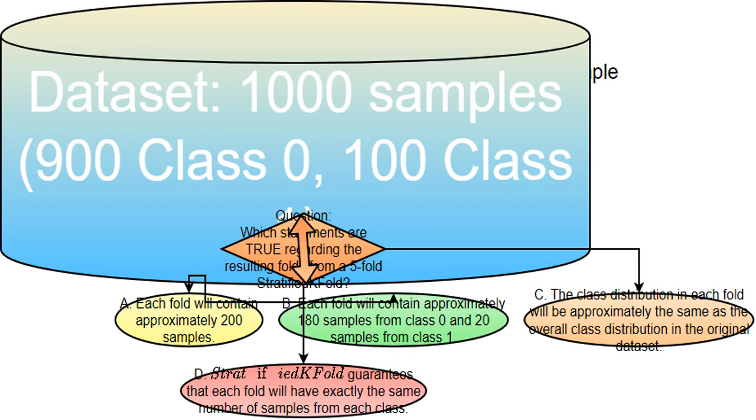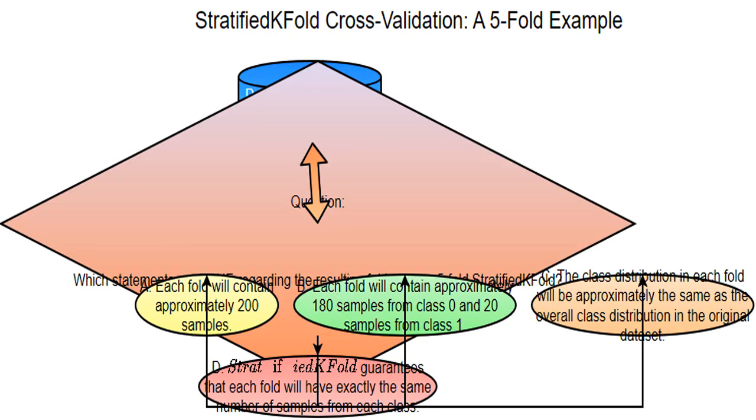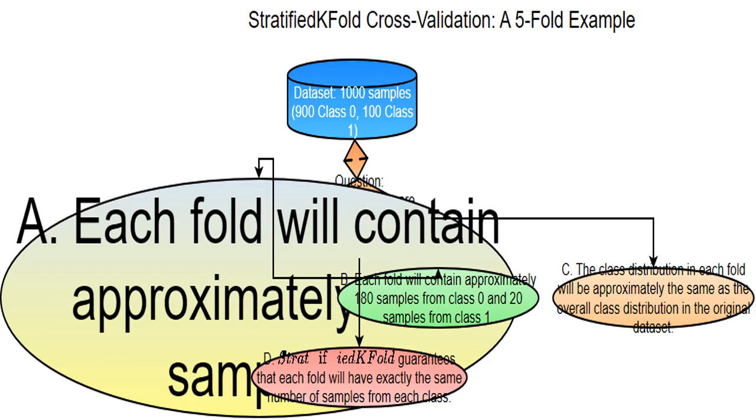Each pile has approximately the same proportion of hearts, spades, etc. I have 1,000 data points, with 900 belonging to one category, class 0, and 100 to another, class 1. This is an imbalanced dataset. I want to check which statements are correct about how my data is divided using StratifiedKFold. This statement is incorrect. While each fold ideally would have 200 samples, 1,000 samples, 5 folds,